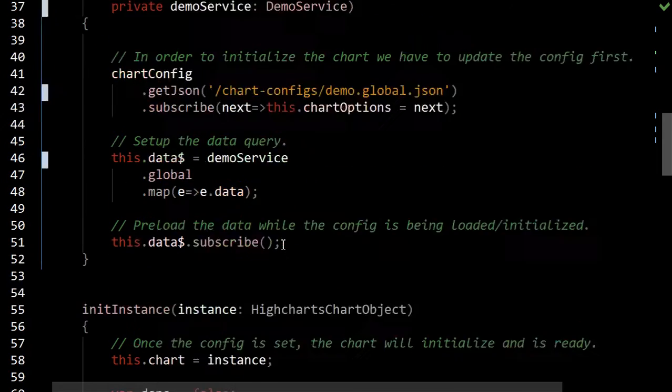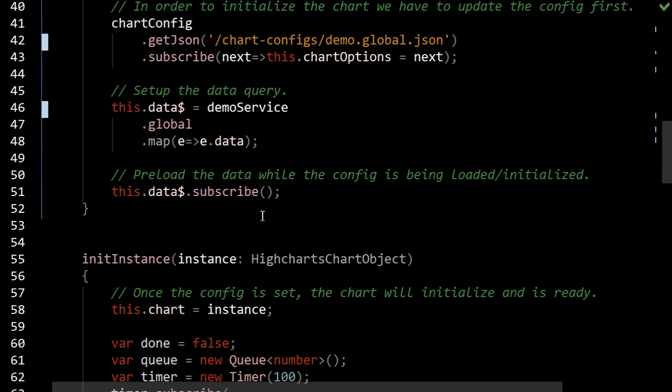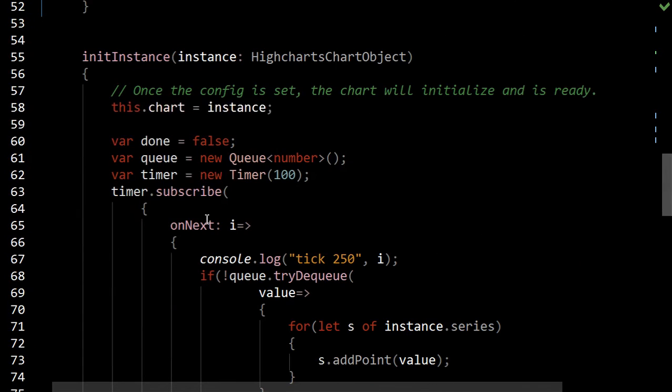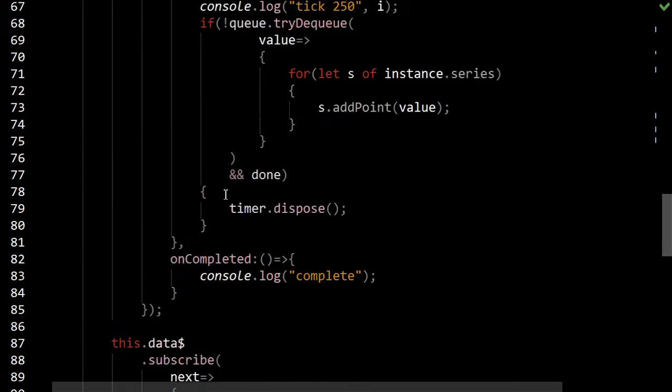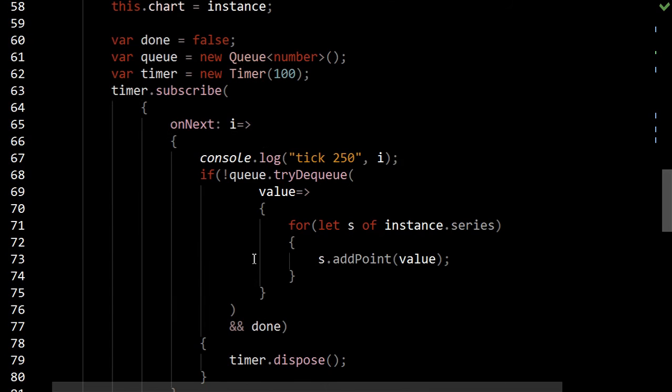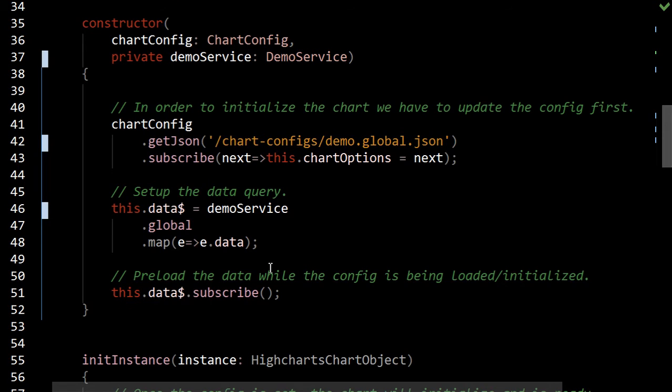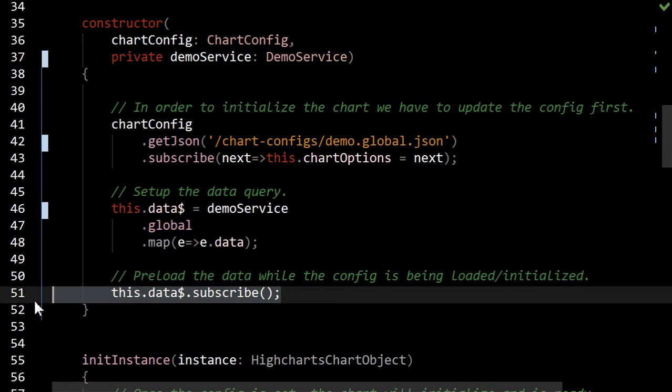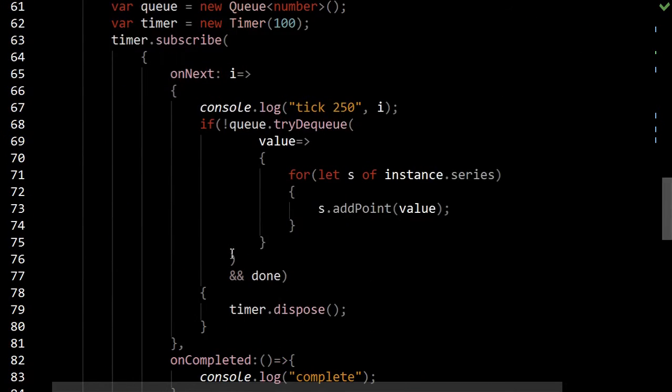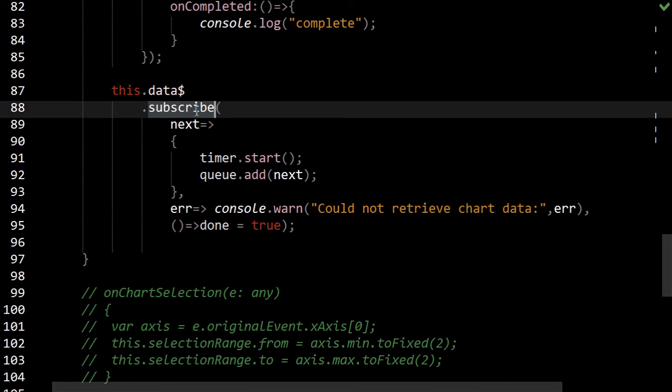There you go. Right. Now, what's interesting is you could wait for the initialize to happen and then call data, but to me it doesn't make any sense. You can actually do these simultaneously. And to do that, you have to call subscribe ahead of time. All this is going to do is trigger the observable to go and get the data alongside getting the config, and then the subsequent call here for subscribe will actually pipe through the data to what I